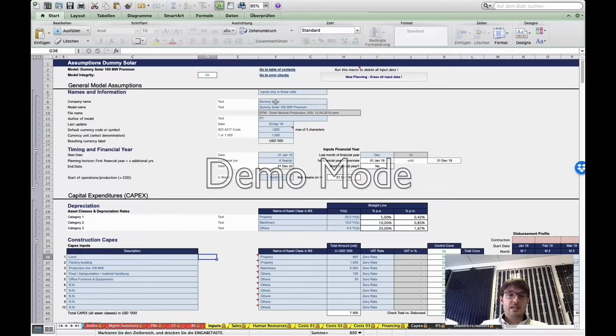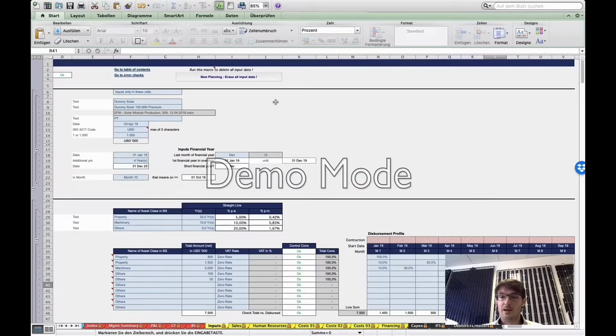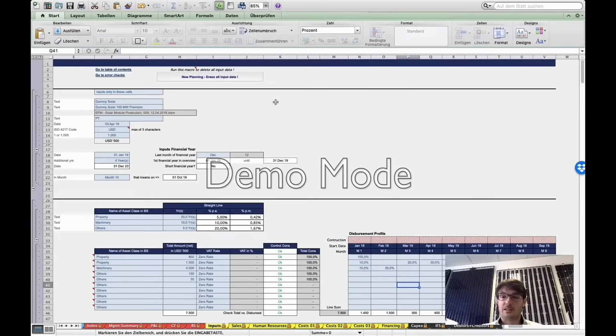Then you can make in detail what investments you have to make: the land, the factory, the production line, the fleet transport, office, furniture, and a lot of others which are here empty and we can fill together. And you can say when you will need the money. So here is the 10 months period before starting, and you can calculate exactly what amount of money you need